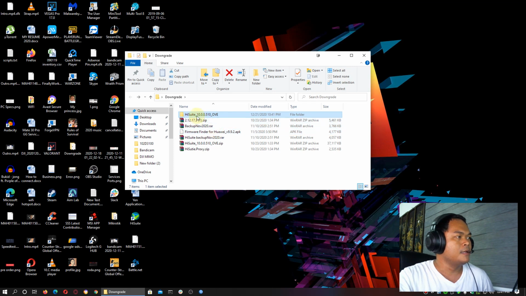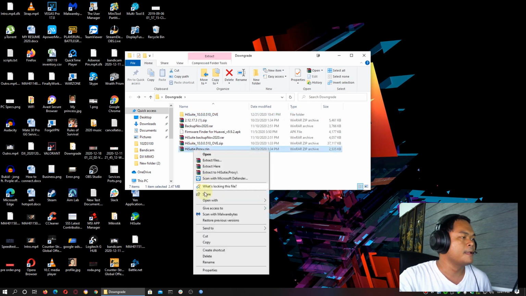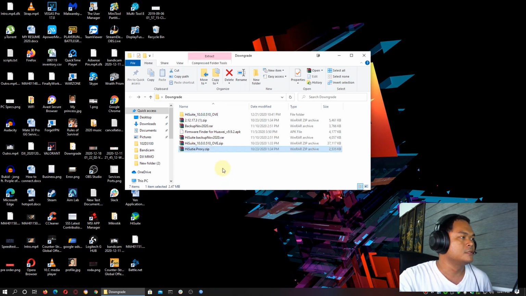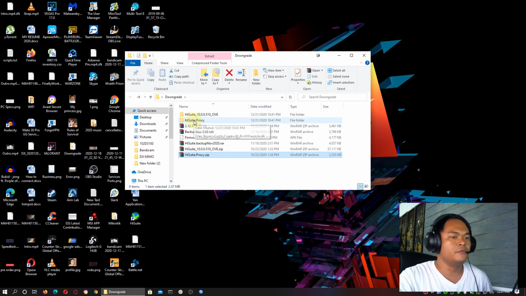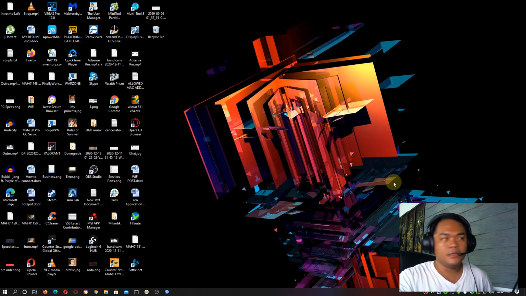And after that's done, go ahead and extract as well the second file that we got here, which is this HiSuite proxy. So let's do that, and you'll have this folder here, and just open it up. You can also open this later when we are needing this, and I'm gonna be using that for the downgrade process. All right, now that I've walked you through the files that we needed for this process,